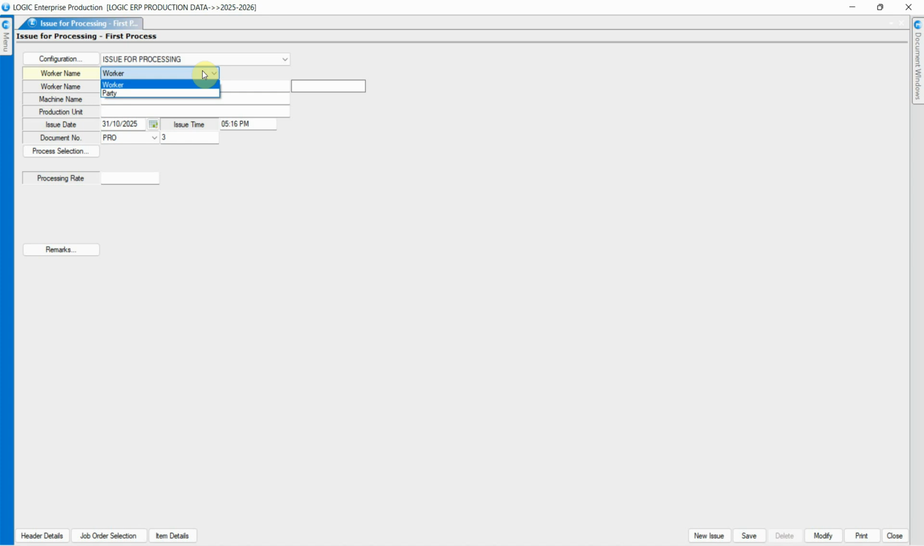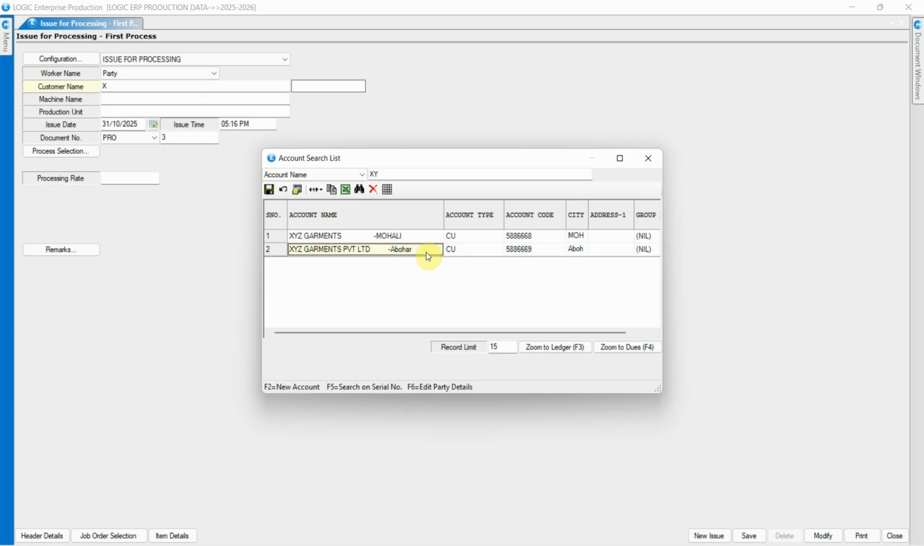Selecting worker means the task is assigned internally and handled by an in-house worker within the organization. And selecting party means the work is being outsourced to an external job worker or vendor. In this case, the issue is also referred to as a purchase order issue. Let's proceed by selecting the party, selecting the respective party name,